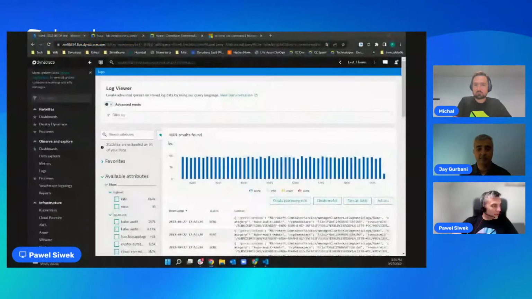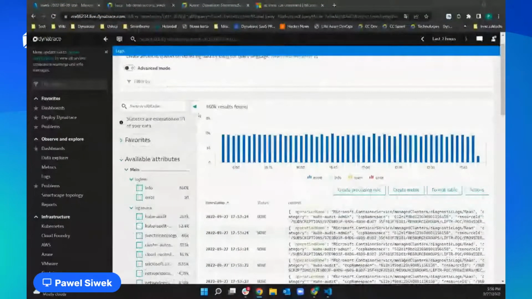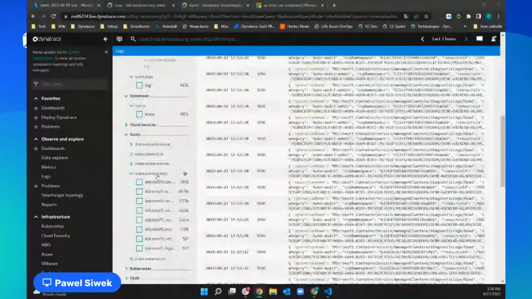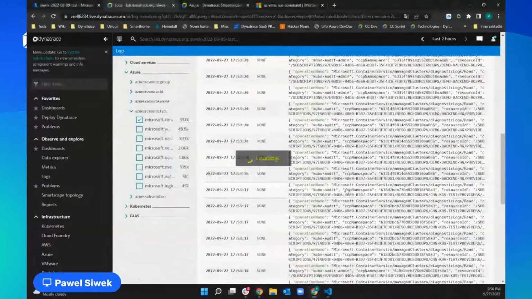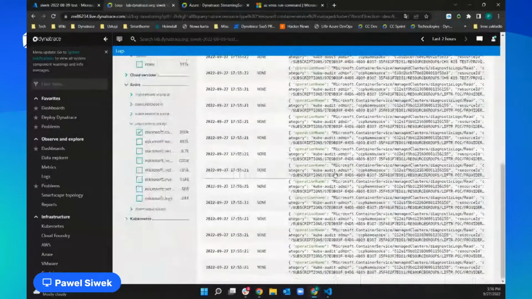So this is my tenant that is receiving logs with Azure native integration, and as you can see, I have all my logs here, and I can filter them by the resource type. So when I choose Kubernetes logs,